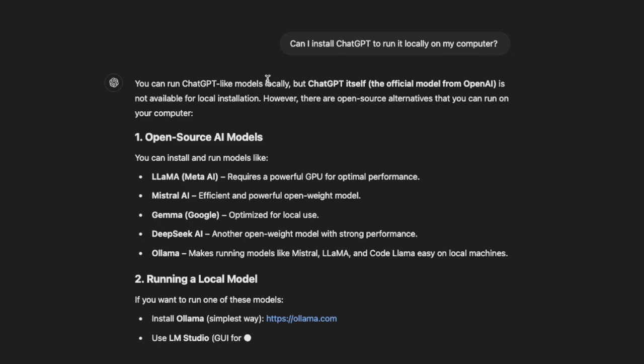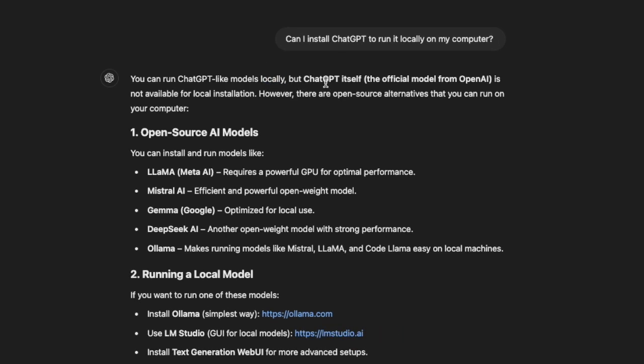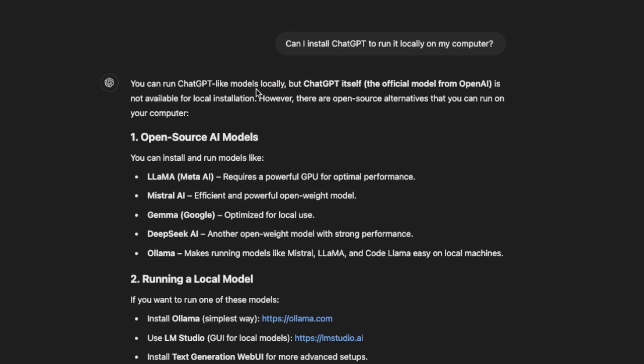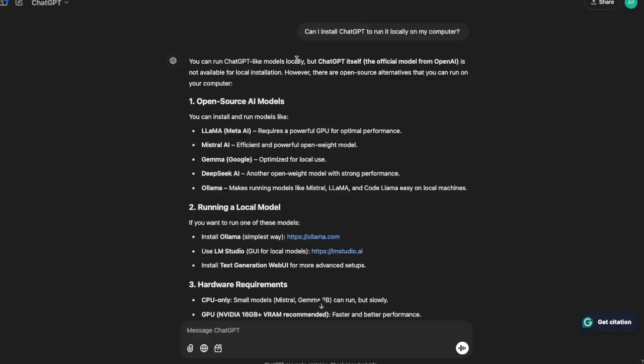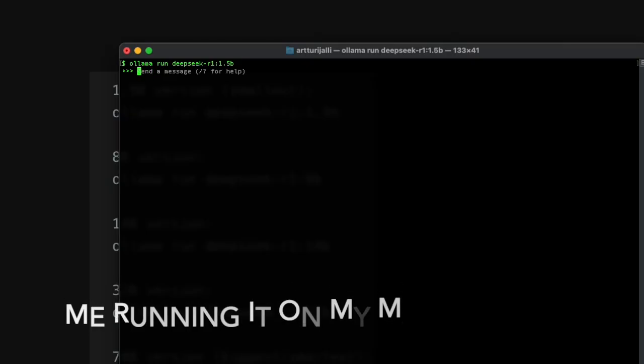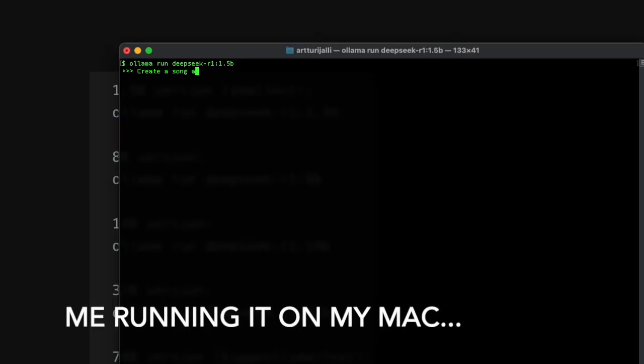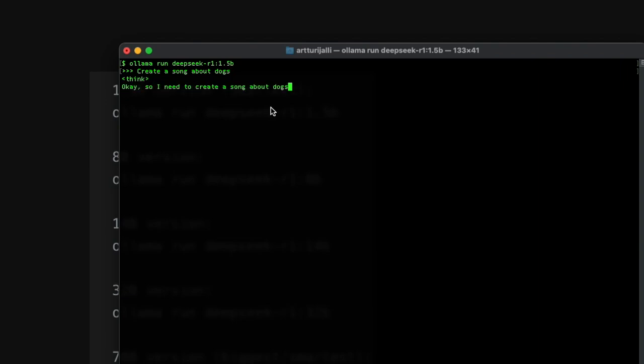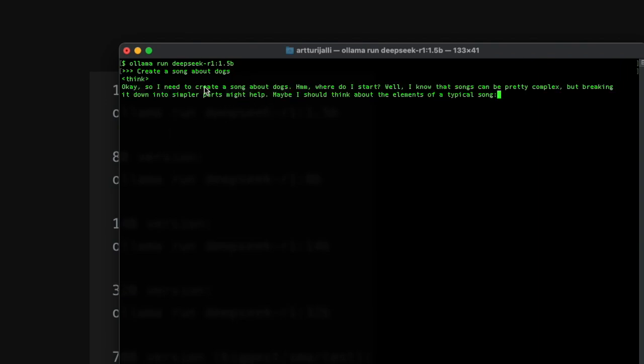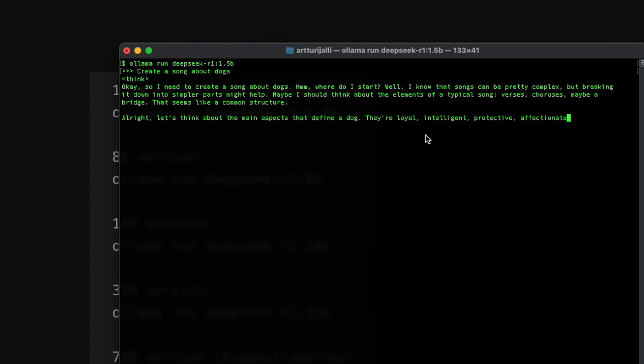And as you can see, you can run it locally, but the ChatGPT model itself is still connected to the internet. So in other words, if you install the ChatGPT application, it will still send your data over to OpenAI. But this is not the case with DeepSeek. Actually, we can already see that in the ChatGPT generated answer. So DeepSeek is an installable software that you can run locally on your computer. So you can literally use your computer to generate these answers without the internet connection so that it will be